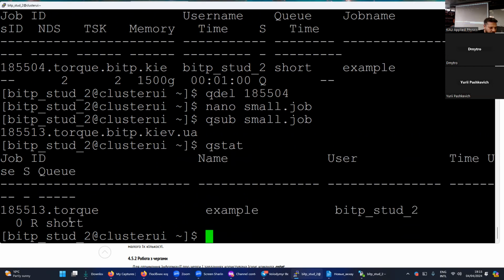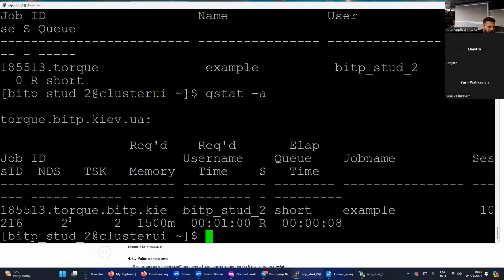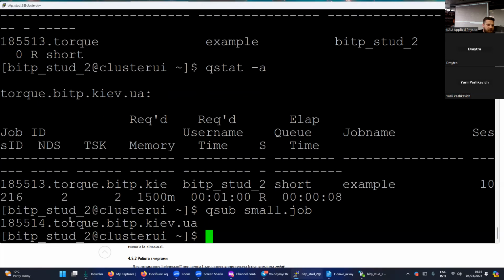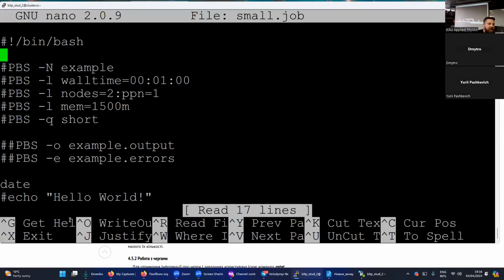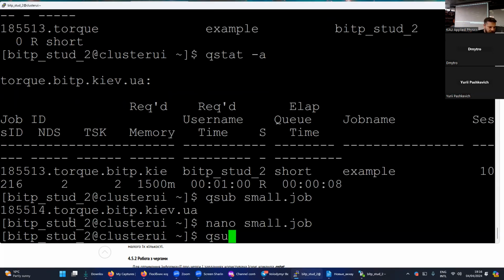But if you send this job on two nodes, it should work on some processor of these nodes. So we should use one processor per node. If you don't specify the number of processors, I think it should use maybe one processor each node. So if I do ppn 2, then